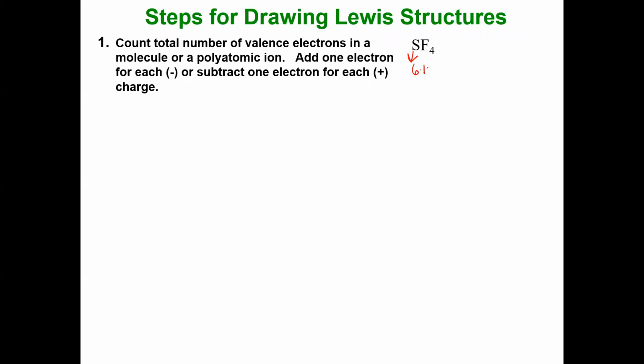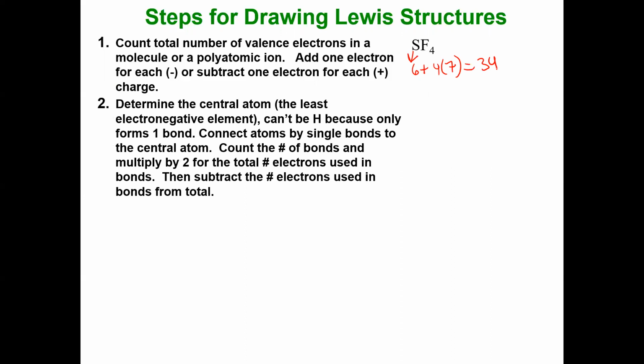So 6 valence electrons for sulfur. There's 4 fluorine, each are 7, that's 28. So there's 34 valence electrons for sulfur tetrafluoride. And if I follow those rules that I've been going over, I've got to pick the central atom. It's the more electropositive, and it's the one further away from fluorine. So obviously it's not fluorine. We are going to pick